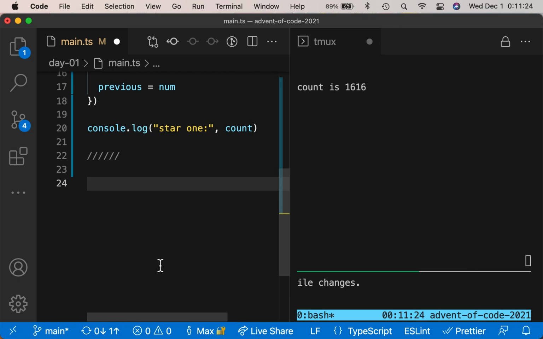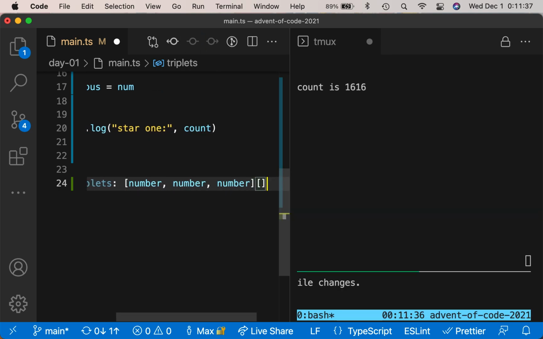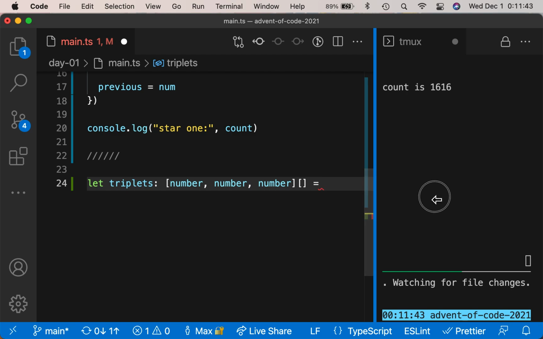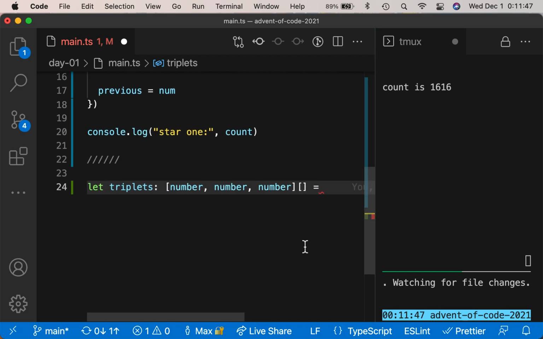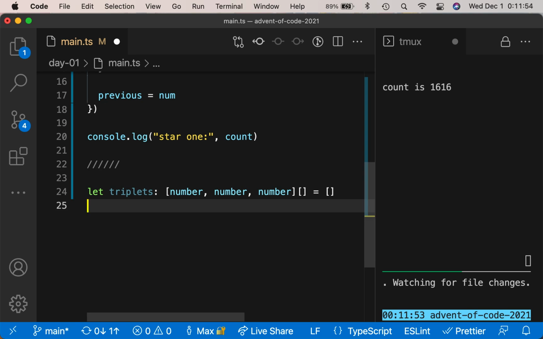So let triplets, which is going to be an array of number, number, number, equals, and how do we want to get that? I guess start by just doing an empty array, and then